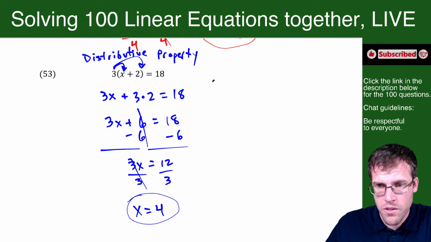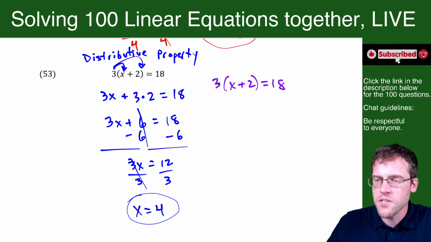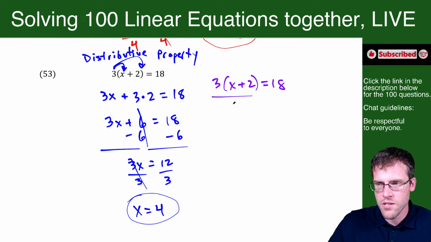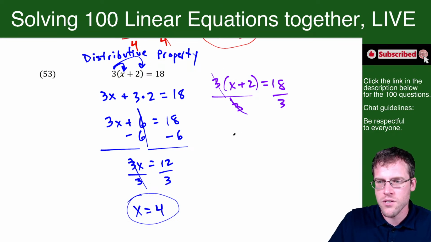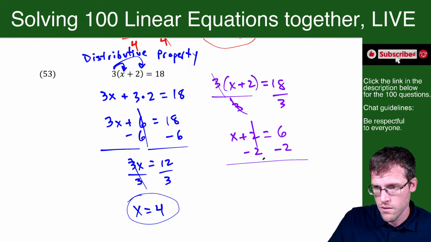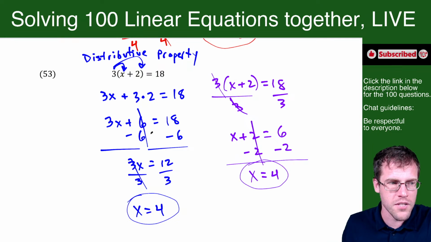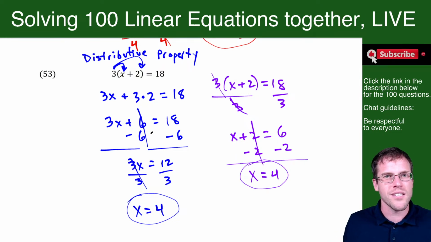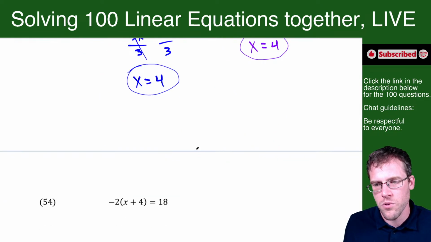Now, the second way of doing this, but I wanted to teach the distributive property. This is 3 times x plus 2. So I could just divide both sides by 3. And now this cancels. And now there's a 1 in front of the parentheses, so the parentheses could just go away. 18 divided by 3 is 6. This is way cooler. At least I think. All right, same answer. But this, once again, you should know the distributive property. Sometimes the distributive property is kind of unavoidable. So the way in purple works, but